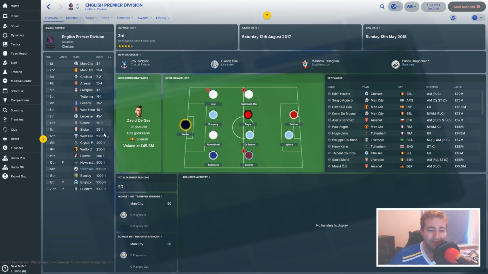But we are all the way down here in 17th, 1,000 to 1. So we are basically in the mix with 2 of the newly promoted teams, Huddersfield and Brighton. And they also think Burnley's going to go down. But it could well be between us and Burnley is what they're trying to say. They're saying that Newcastle's a better team. So we've got to make some big improvements to this squad if we're going to try and keep them up